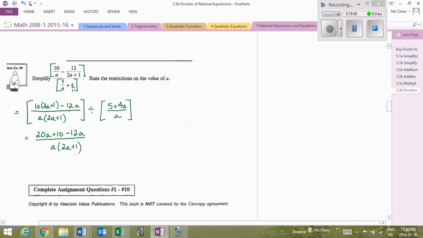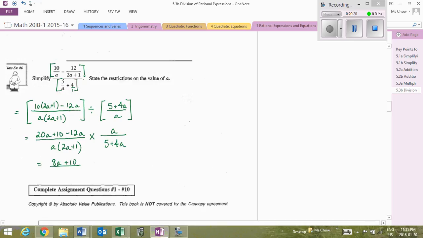I'm not going to distribute that in because those are already factors, and I can now reciprocate this times a over 5 plus 4a. Clean up that top there, so 20a minus 12a is 8a, so we've got 8a plus